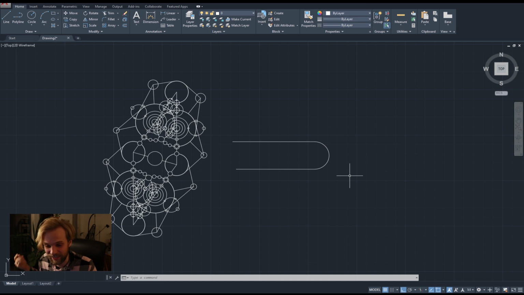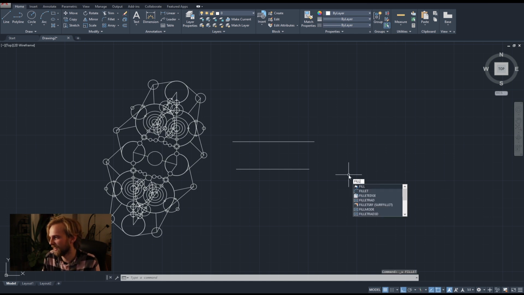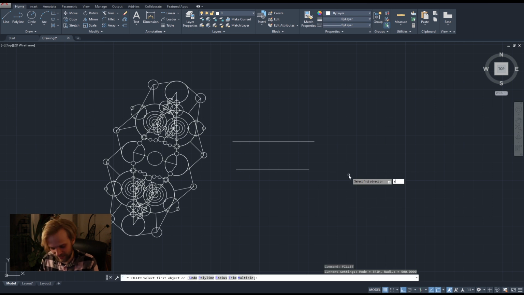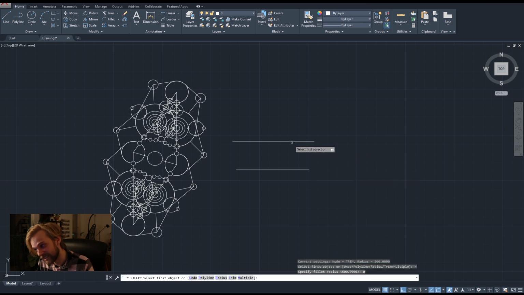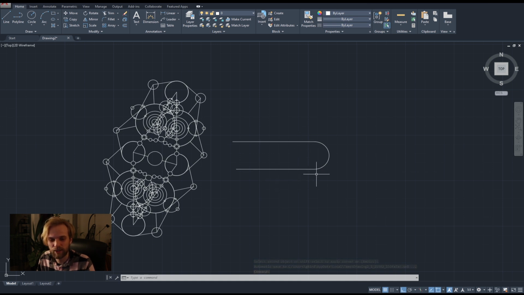Okay, apparently it does work. What the hell? Okay, wait, fillet, radius 0. What if radius is 0? Will it not work then? It still works. That's a smart cookie. So then if you have two objects that are parallel and you try to fillet them,